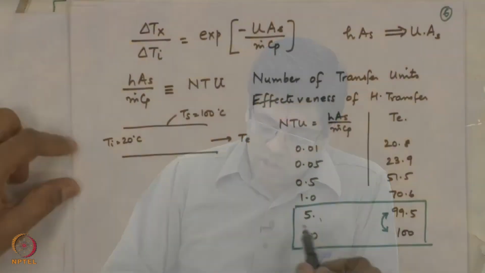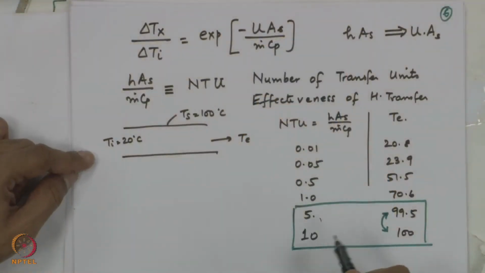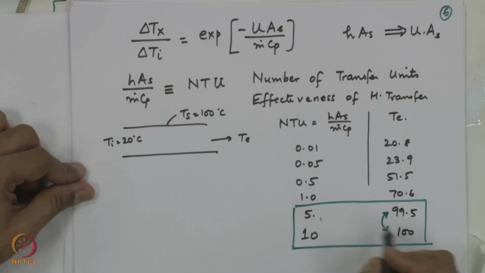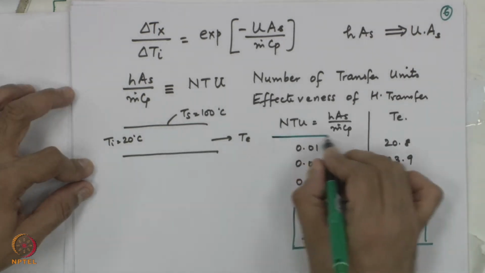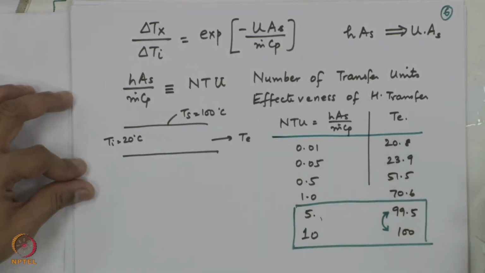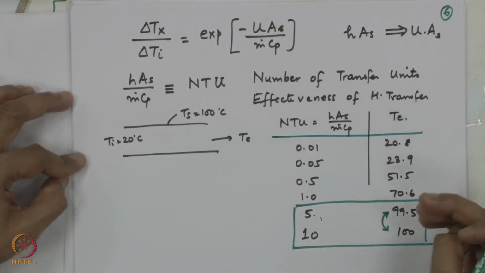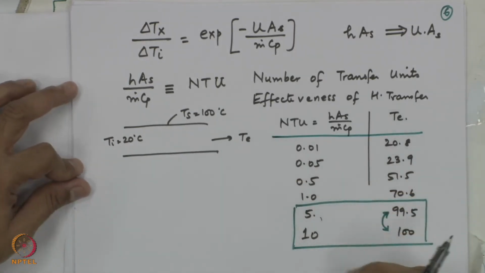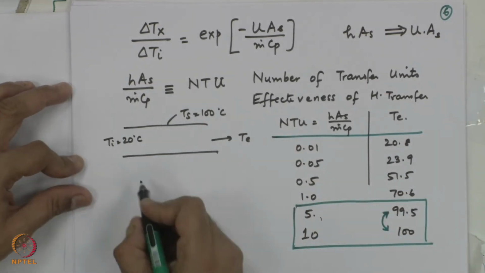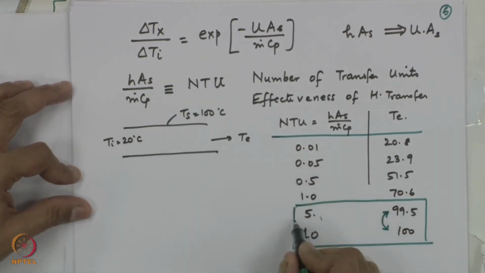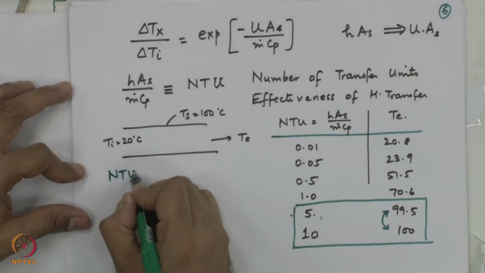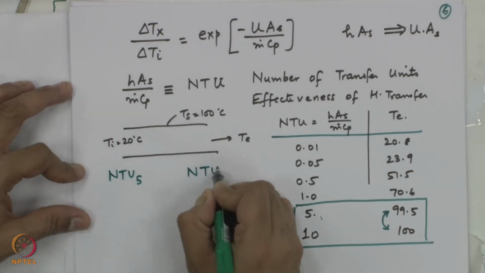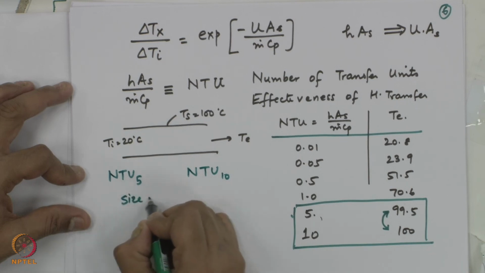What it means is that every additional incremental delta x, or increase in area or length, causes a smaller and smaller increase in the outlet temperature, or the effectiveness or usefulness of the heat exchange drops as the size goes on increasing in this case. And therefore, NTU of 5 versus NTU of 10, size is twice here,